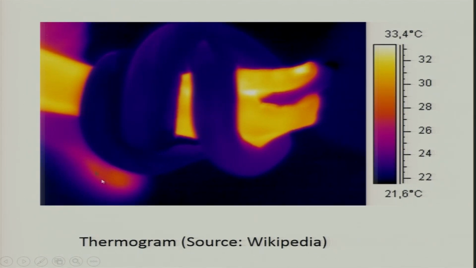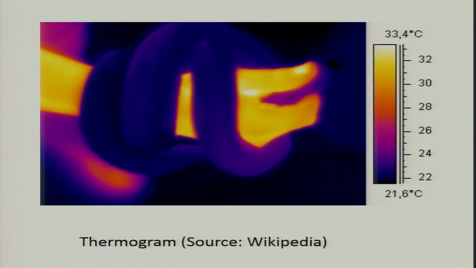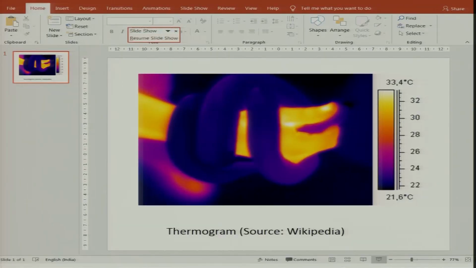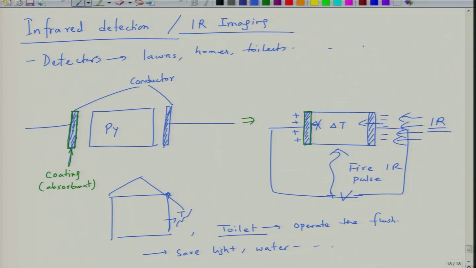You can see there is a huge color variation, which shows that at a resolution of about 1 to 2 degrees you can monitor the changes, and this is also what is used for night vision cameras. When you do imaging in the night, these kinds of materials can be used to create night vision imaging, which is nothing but based on temperature changes in the ambient, basically thermal imaging as we call it. So, these are certain uses of pyroelectric materials.